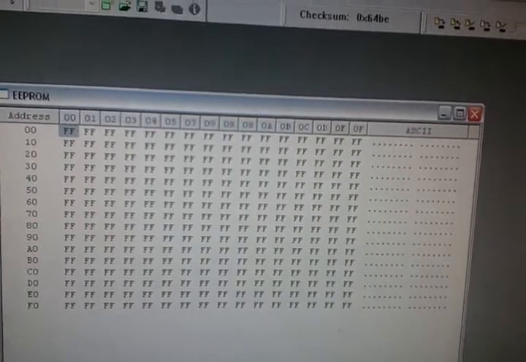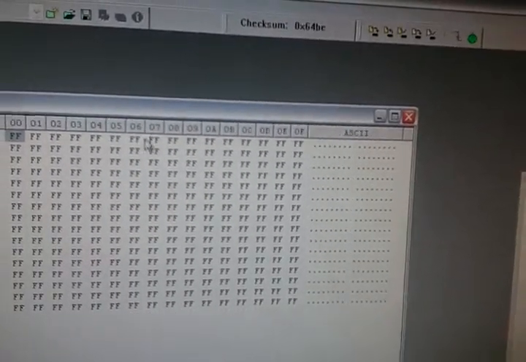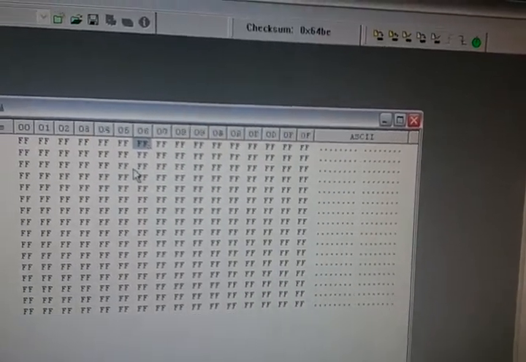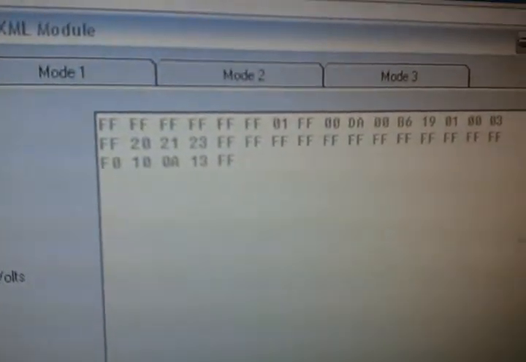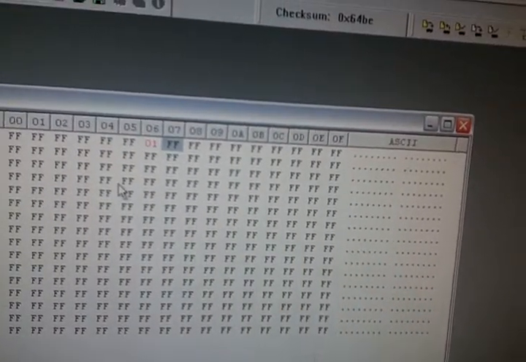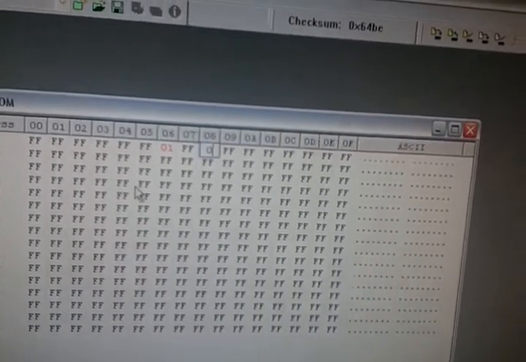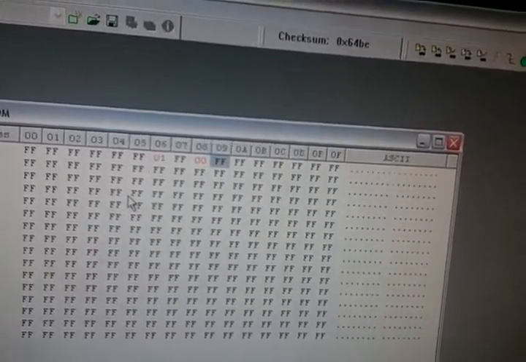And we do that by clicking on the first one that is not FF. As you can see, the first couple of bytes are FF anyway, so we don't need to change them. So we'll go to 6, which is the first one, and you just type in 01 and press enter. And then this one is still FF, so we'll arrow over to the next one, and then it's 00, DA,